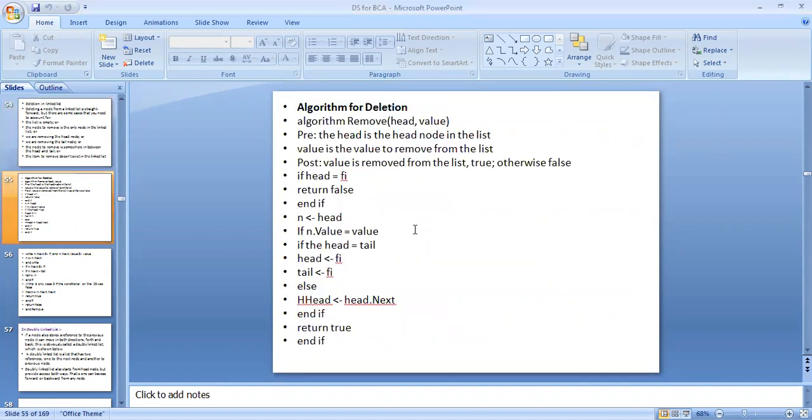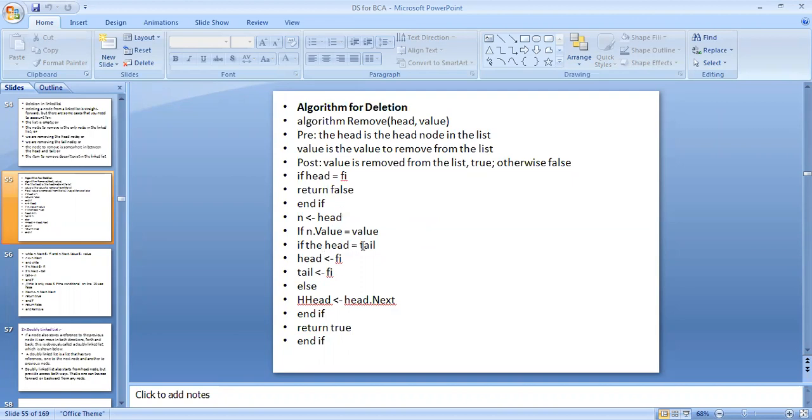Then algorithm for deletion. So algorithm is remove head or value. So pre is the head is the head node in the list, and value is the value to remove from the list. Post: the value is removed from the list, true, otherwise false. If head is equal to null, then return false, then end of if structure, then n tends to head.